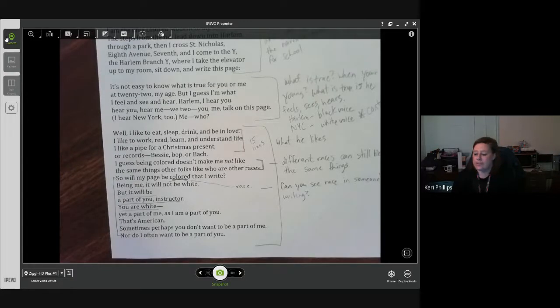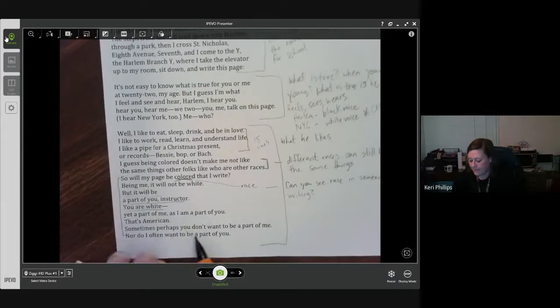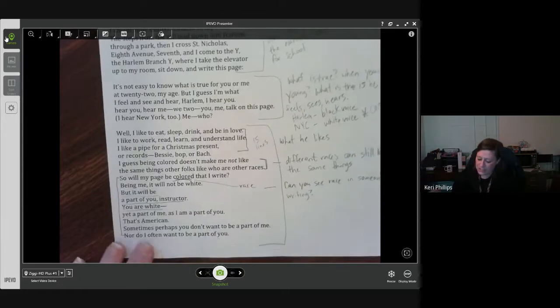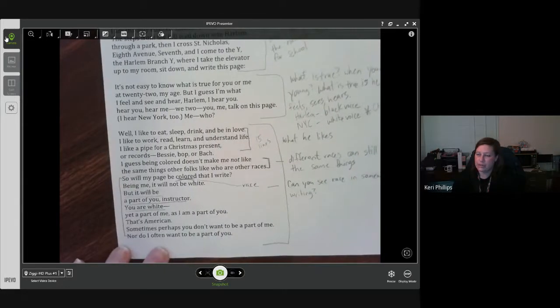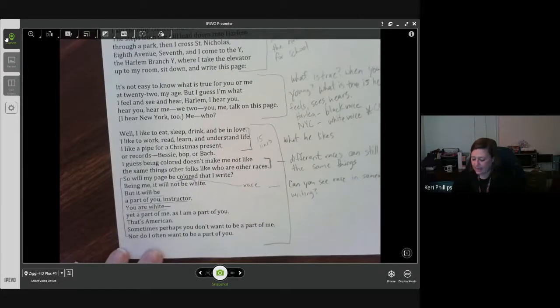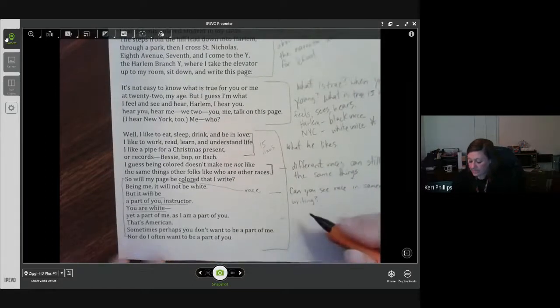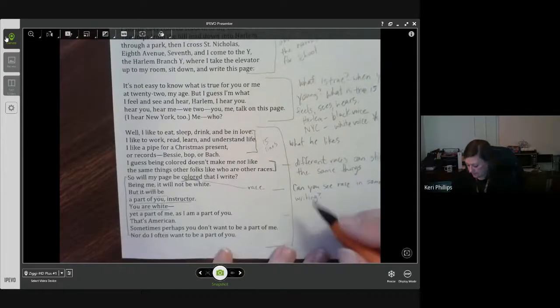And so it's interesting to me for him to say that what I write as a Black man will be a part of you, white instructor. He says, yet a part of me as I am a part of you. And so there's this exchange. And he says that that's American. So what he's saying here,